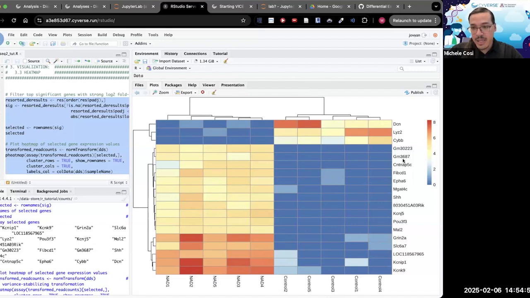So in this specific case, we're looking at the warmer colors being genes that are more upregulated, and in blue, the ones that see no change in the treatment. So on the right side, we have the list of genes, and at the bottom, on the x-axis, we have the list of our